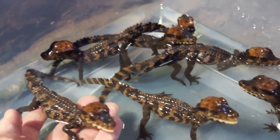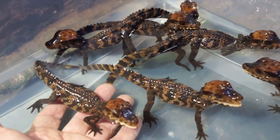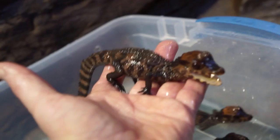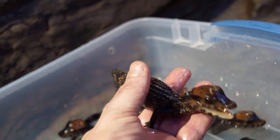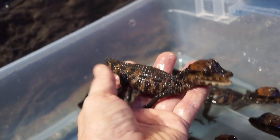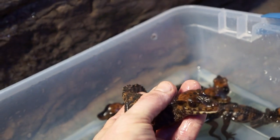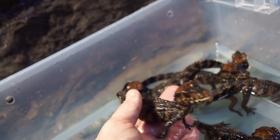So remember, appreciate animals for what they are, not for make-believe fantastic stories. Here we're showing you Dwarf Caiman that have a reputation of being ill-mannered and a bit unreasonable, and the reality is I raised them from little babies, and I proved that you can raise them friendly. My Dwarf Caiman are friendly. These little guys will be the same. As long as I always treat them well, and my employees and people that deal with them treat them well,